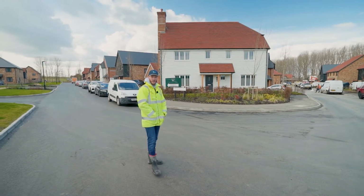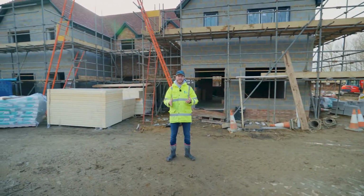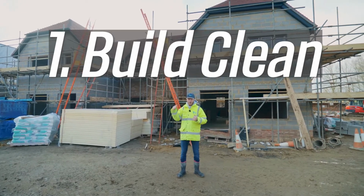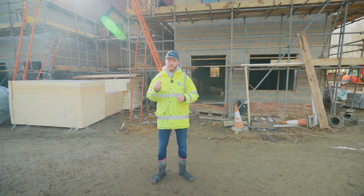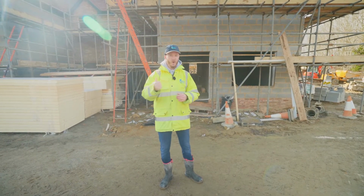So let's wander down and have a look at some of the phases and how we carry out those cleans in the 4 phases that we do. The first clean the team carry out on any construction cleaning project would be the initial build clean. That would be not long after, like the 2 properties that are behind me. When all the walls are up, we would give the property a clean down from top to bottom, make sure it's a dust-free environment, clean all the windows so that they can identify if there's any scratches or anything like that, getting it ready for the team to come in and start putting fixtures and fittings in, like kitchens and